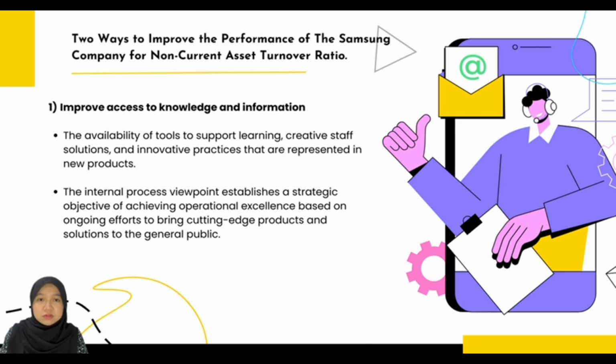However, Samsung also chooses to stop making certain products, which can be bad for their business. The first way to improve the performance of the Samsung company for non-current assets turnover ratio is by improving access